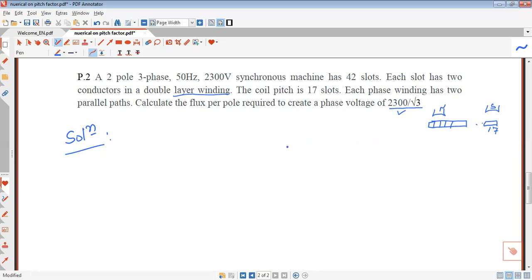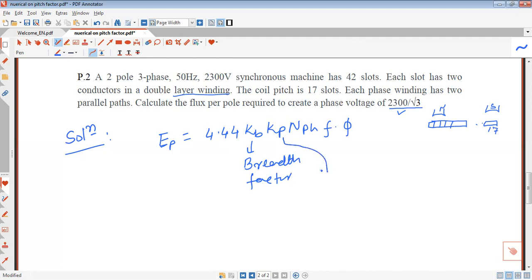So let us start. As we know, the induced EMF per phase is 4.44 KB KP N_ph f multiplied by flux. This is the generalized expression. Here KB is called the breadth factor, and KP is called the pitch factor,